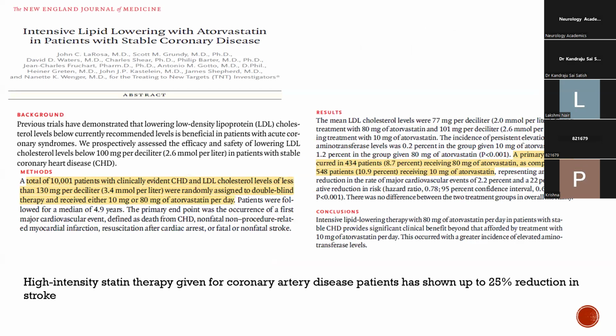Then comes the TNT trial, that is the intensive lipid lowering with atorvastatin in patients with stable